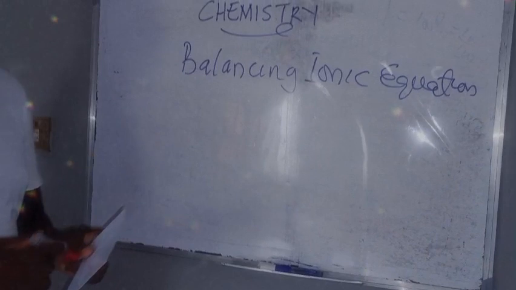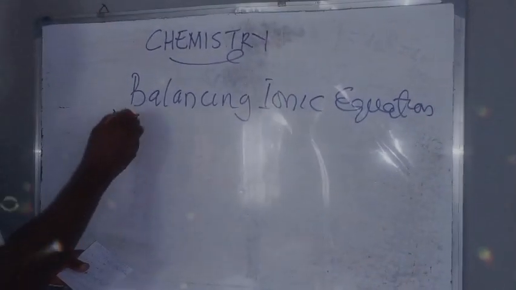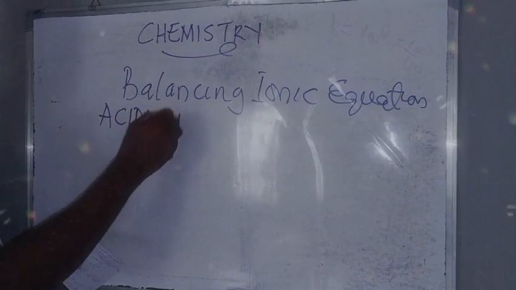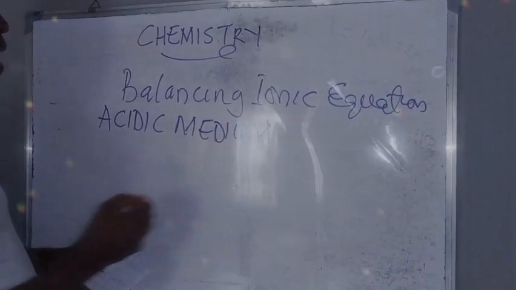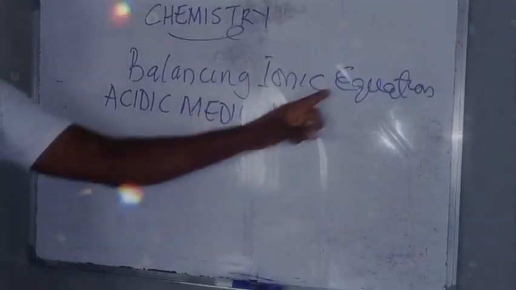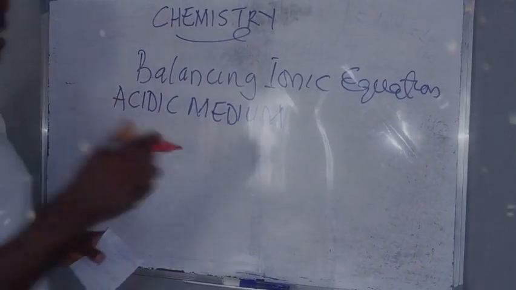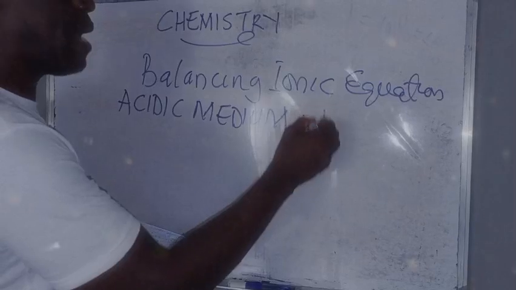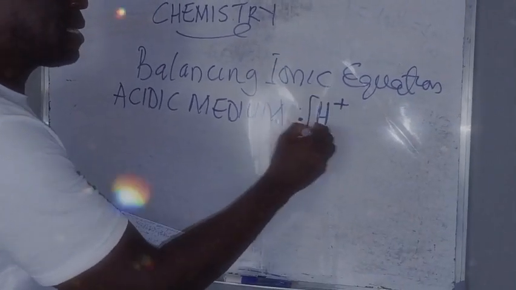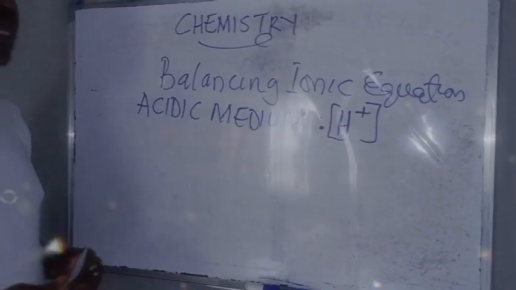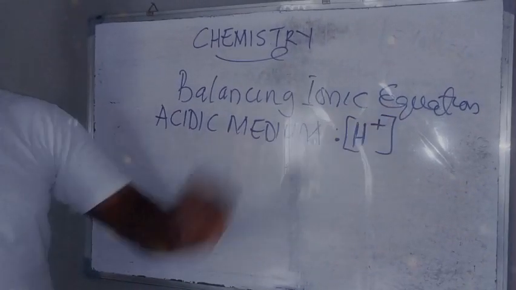Today, we shall be looking at short equations in acidic medium. At another time, we'll be looking at alkaline medium. How do you balance an ionic equation or chemical equation in acidic medium? Don't forget that acid is associated with hydrogen ion, H+. Don't forget that. So that means you are going to see how this is being enforced in balancing an ionic